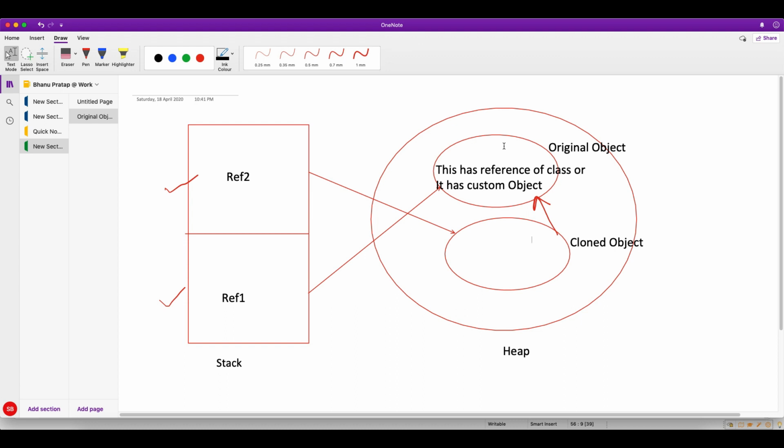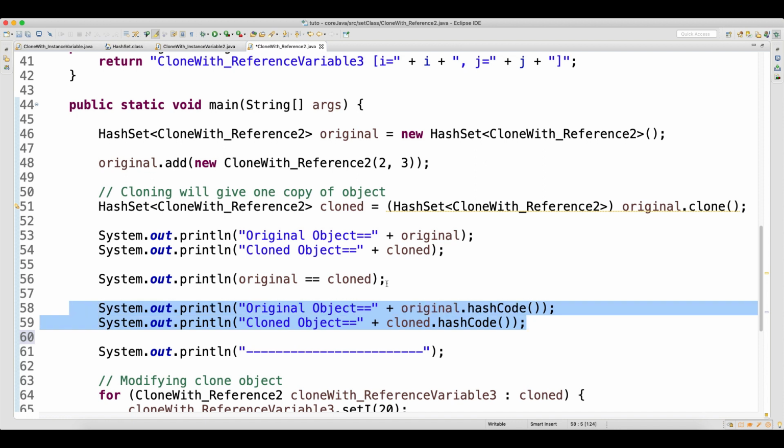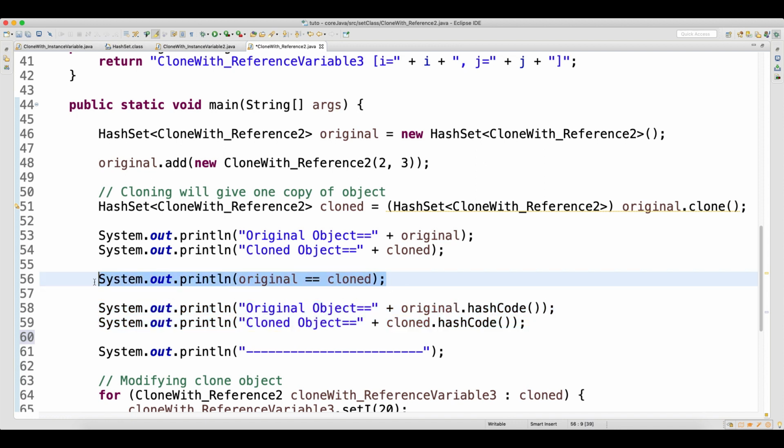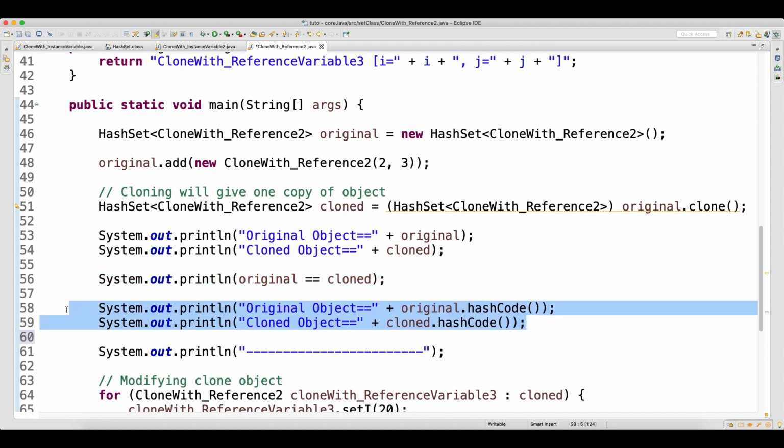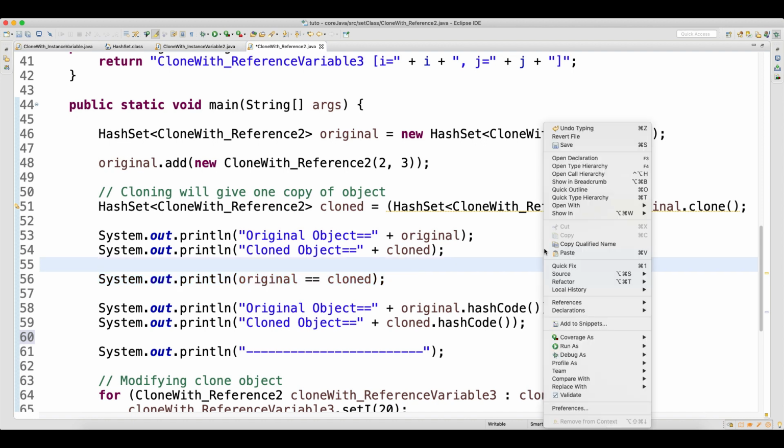The equals comparison will give you false, because it checks the reference, but the hash code gives you the object address. So the hash code will be the same, but the references will be different because you have two different references in the stack. We will focus on the output.